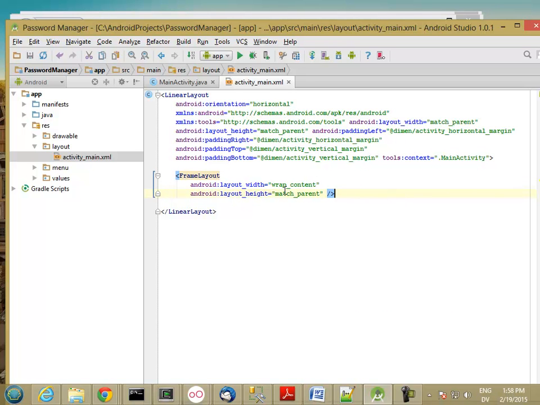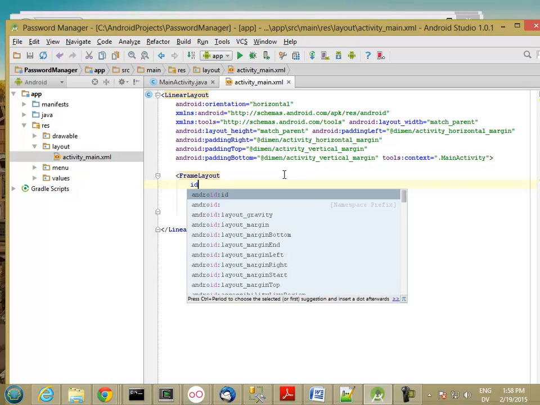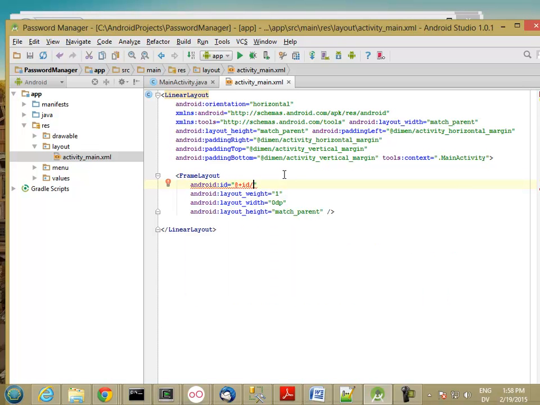So singleton tag, and then the width is going to be 0dp, and I'm going to put a weight on it. So the first one's going to be 1 wide, and I'm going to give an ID of list fragment,